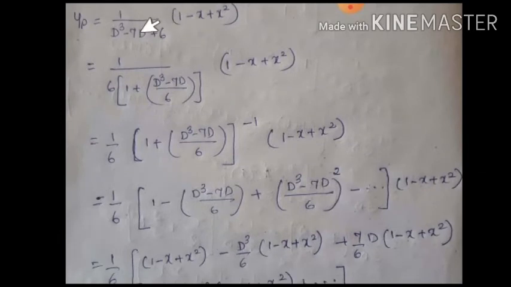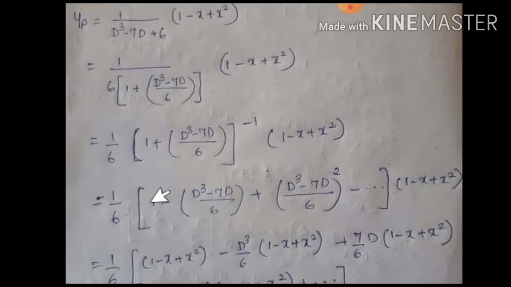1 by f of D into the polynomial function. Again here, the smallest degree value is nothing but the constant. So take the constant common. So 1 plus. Here D cube and 7D do not contain 6, so to take it common I need to multiply by 6. But that is extra, so divide it by 6. Multiplied 6 I took outside, dividing 6 will be written as it is. Now you converted f of D into the form of 1 plus x. I need it in the form of (1 plus x) whole to the power of minus 1.